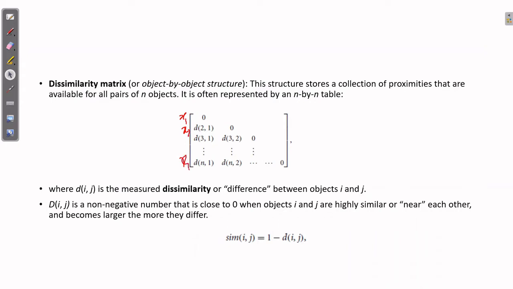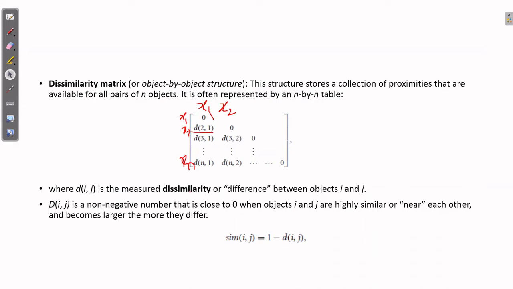In the dissimilarity matrix, or you can also call it a similarity matrix, what is the similarity between x1 and x1? That is what is represented here. Now, what is the similarity between x1 and x2? That will be here. But it is the same as the similarity between x2 and x1, so nothing is given here. It is the same as this value itself.